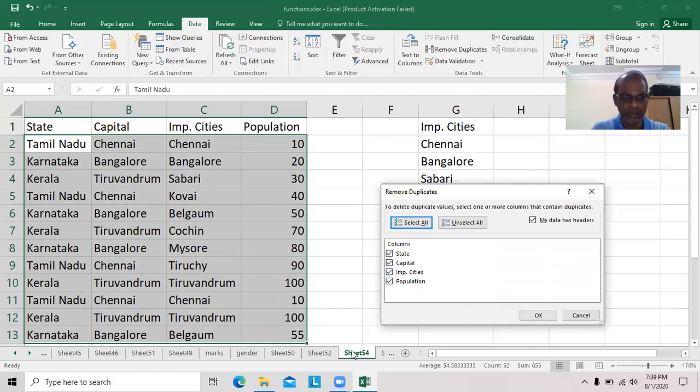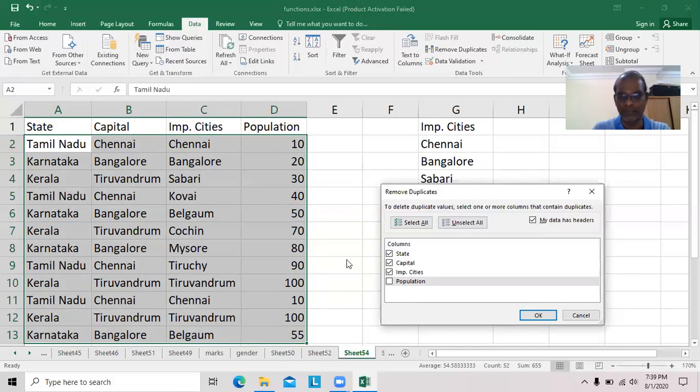Simply click OK. So here Tamil Nadu, Chennai 10 is repeated. Kerala, Trivandrum 100 is repeated. Whereas Karnataka, Bangalore, Belgaum 55 is not repeated because your population is 50, your population is 55. So it will consider this is not a duplicate. It is a unique value. Since you are putting a tick mark here, if you remove the tick mark here, then don't bother about the population. Check only state, capital, important cities.